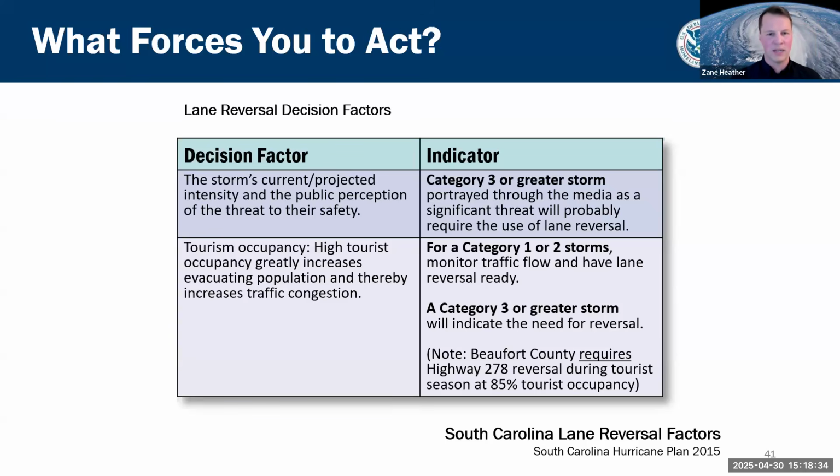One of the things I like to identify here is that they've got several different planning assumptions and triggers baked into this one graphic. You can see here on the bottom left there are several different variables that could influence their plans and their execution of traffic control and traffic control modifications, such as contraflow and lane reversal.